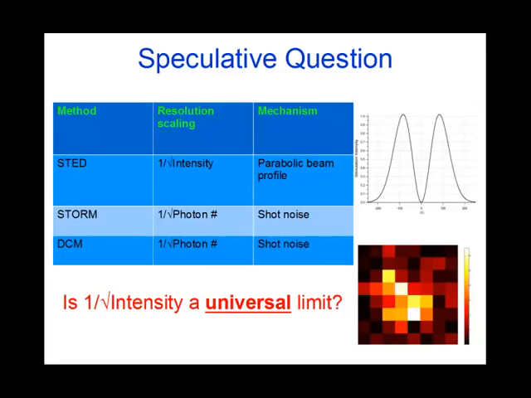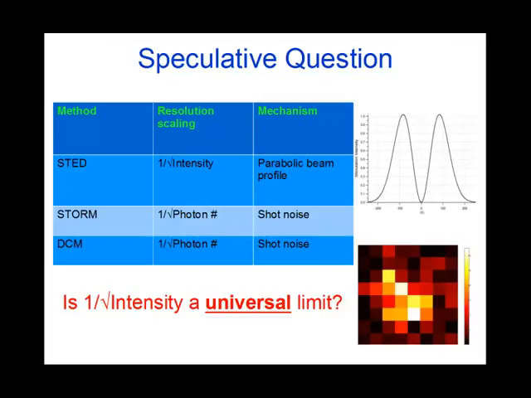What's interesting is that your resolution scaling is 1 over the square root of the intensity, and the mechanism is the parabolic beam profile. In STORM, your resolution scaling is 1 over the square root of photon number, something that's proportional to an intensity. Totally different mechanism, shot noise. I included differential confocal here. It's also based on shot noise, but it has nothing to do with activation. It's been used to do some surface profiling at very high intensities, and they combine a number of different measurements rather than taking a single image. And again, they get 1 over square root of photon count due to a shot noise mechanism, but a totally